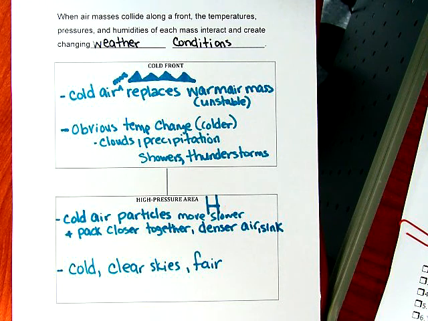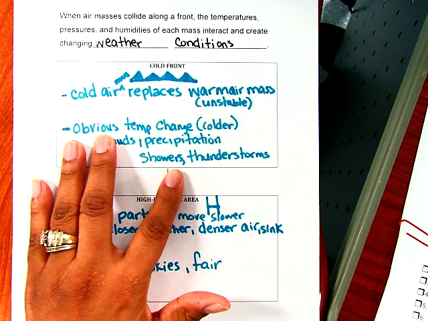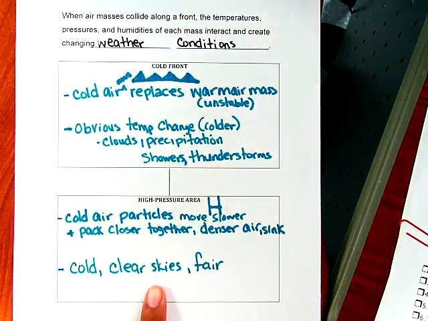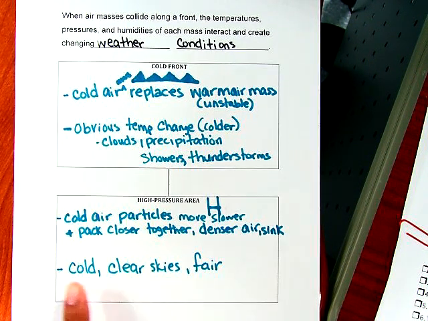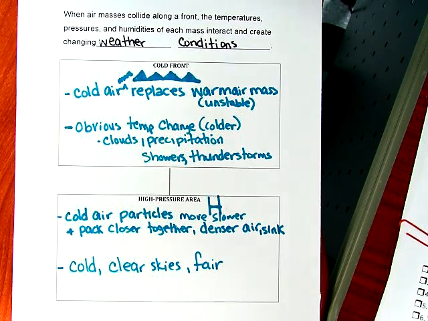Notice that here it does say with the cold front you could have showers and thunderstorms, but it does occur during high pressure. This doesn't mean that you're not going to get showers and thunderstorms in a high pressure situation. It just means that these are different scenarios of the type of weather that you can have. Is that understood? Okay. All right, let's now move and look at warm front.